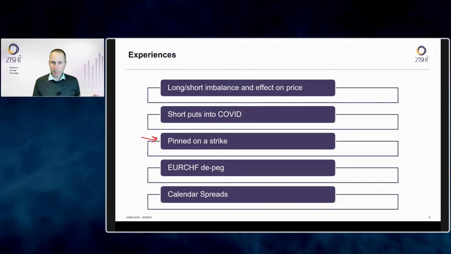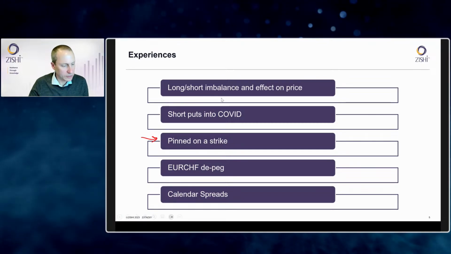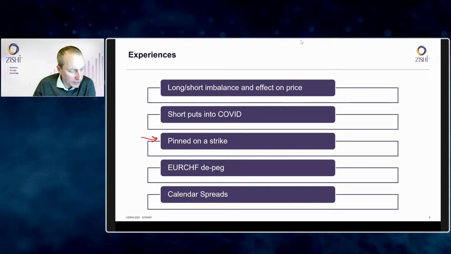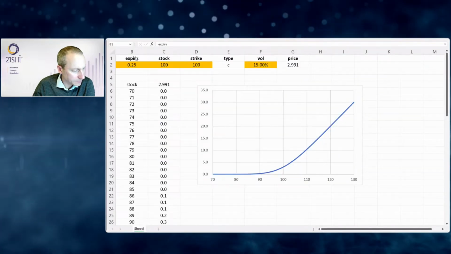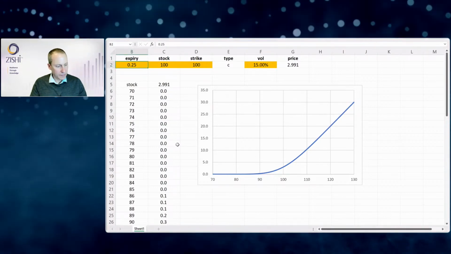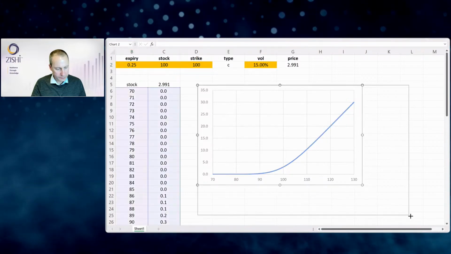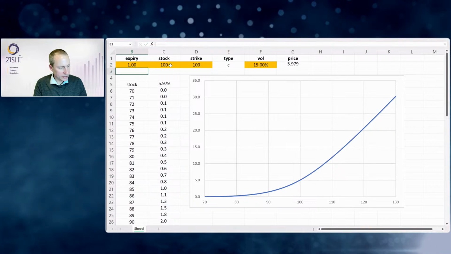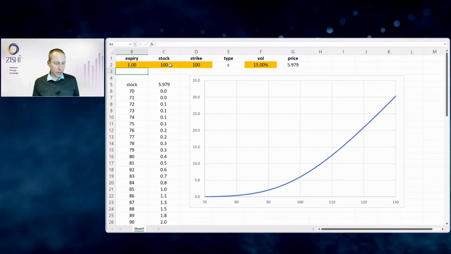I've called this example pinned on a strike. I just want to remind you, I'm going to do this via a spreadsheet. What happens to the price of an option when we get quite close to the expiry date? So I've got a graph here of the price of an option. Let's just expand it slightly, and let's change the expiry to be 1 year. So with 1 year to go,